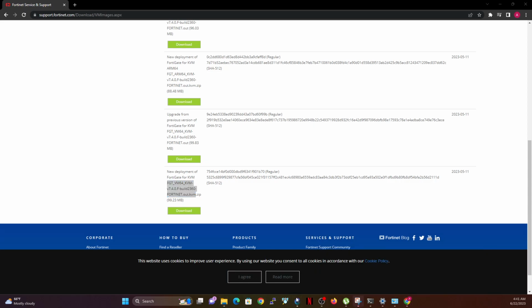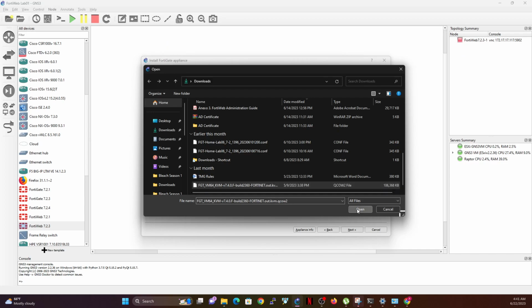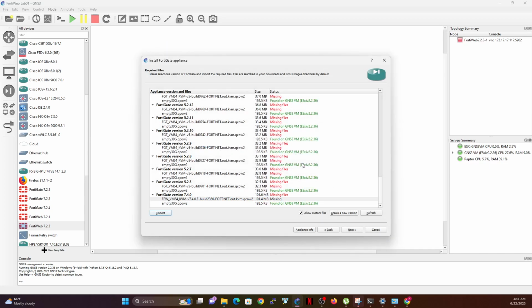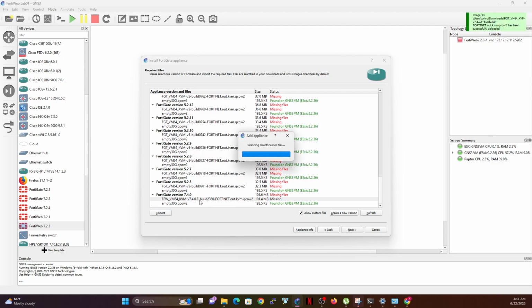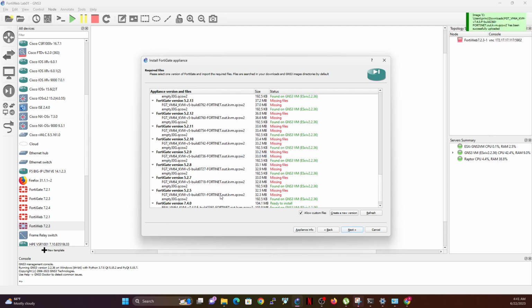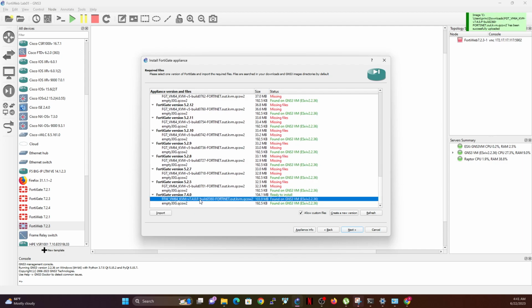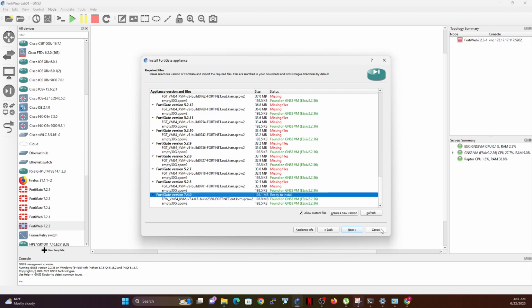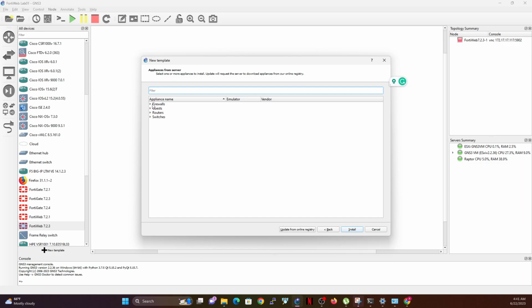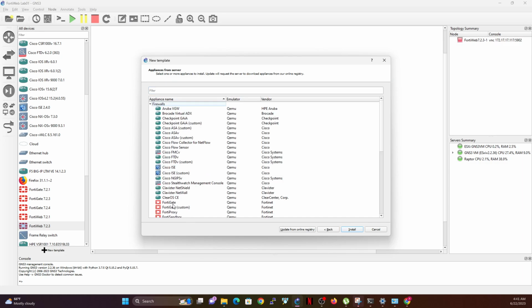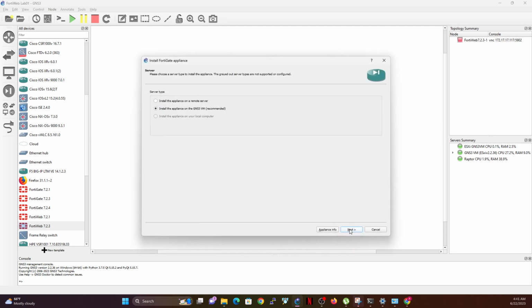So I'm going to go back to my GNS3 and choose that file. Yes, upload it. So that is basically replacing that image file. If you notice, it still maintains the name FFW. What I can do is just do away with this particular version when I cancel this and then try that again. I want the name to match all the appliances that I'm actually uploading.